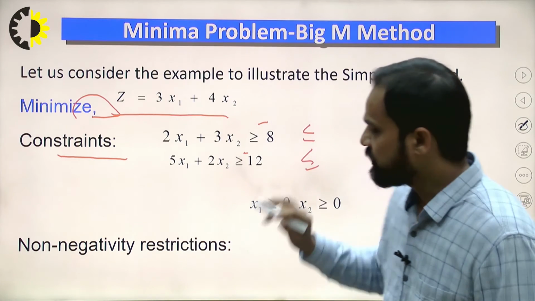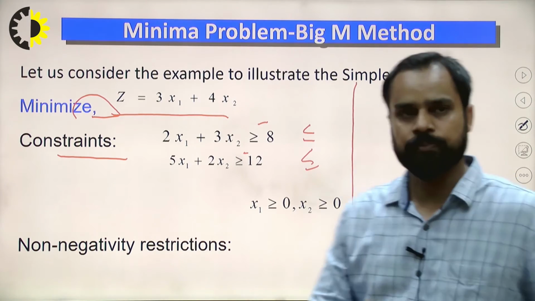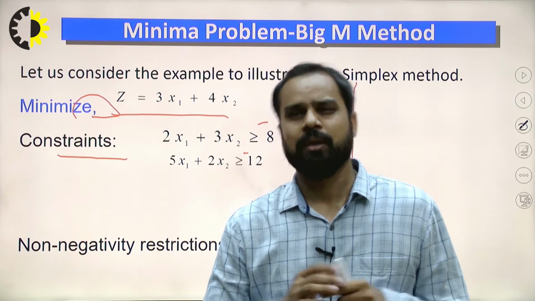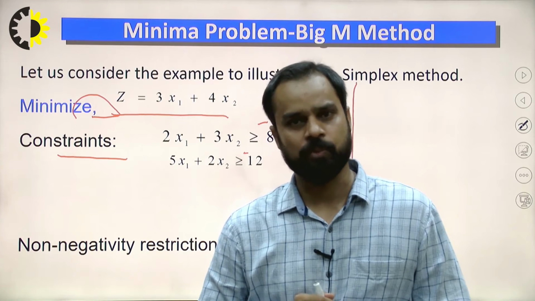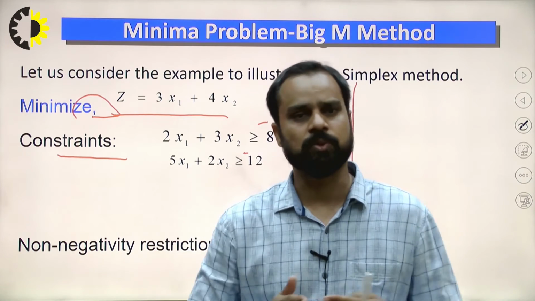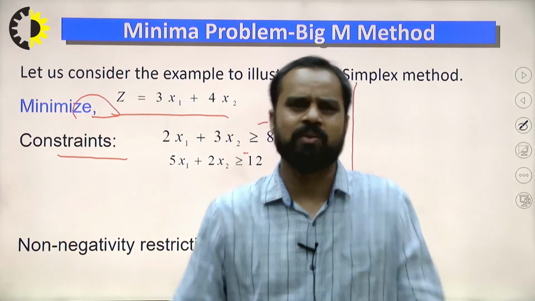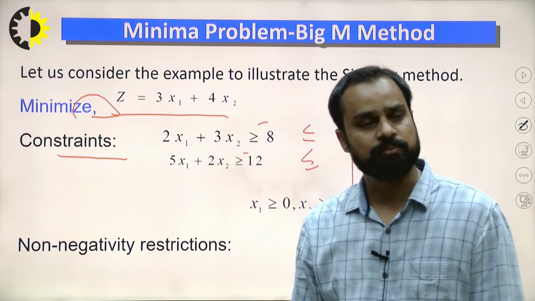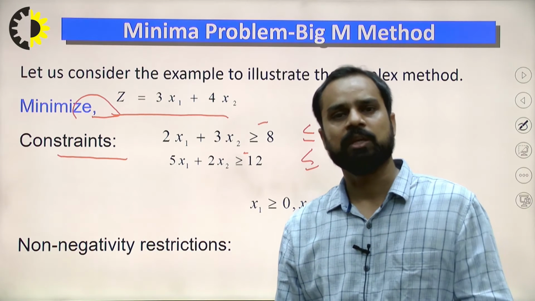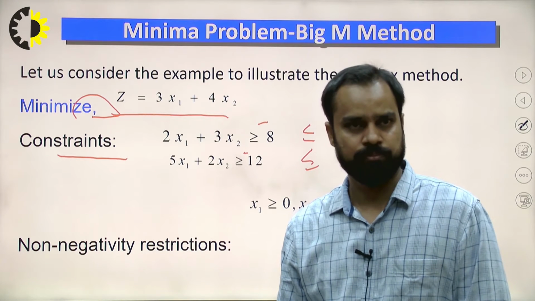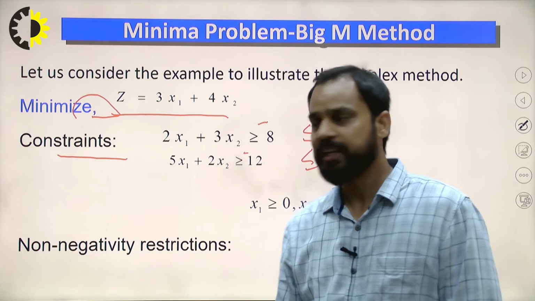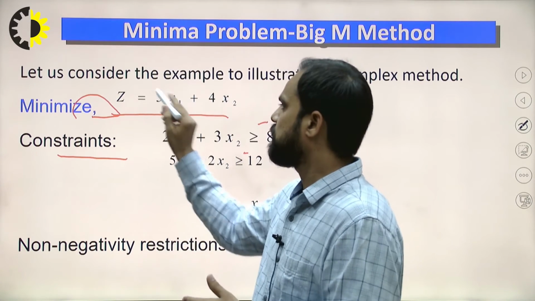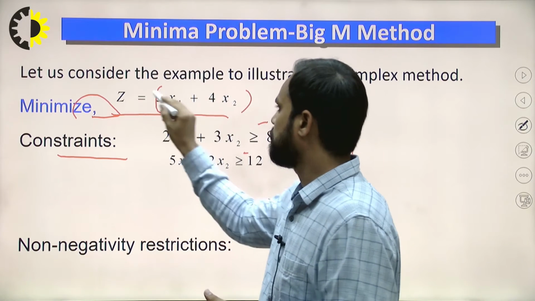So there are two ways by which we can solve this problem. Number one, we have a lot of practice with maximization problems, so we are always interested in solving by the maximization way. We are not interested in solving this problem by the minimization way. So we can easily convert it into maximization type. Any minimization can be converted into a maximization type problem. Right? How can we convert? Just multiply the objective function by a negative sign.